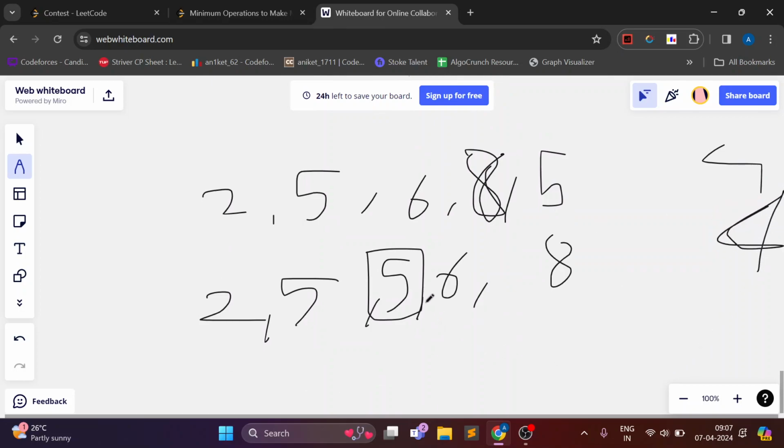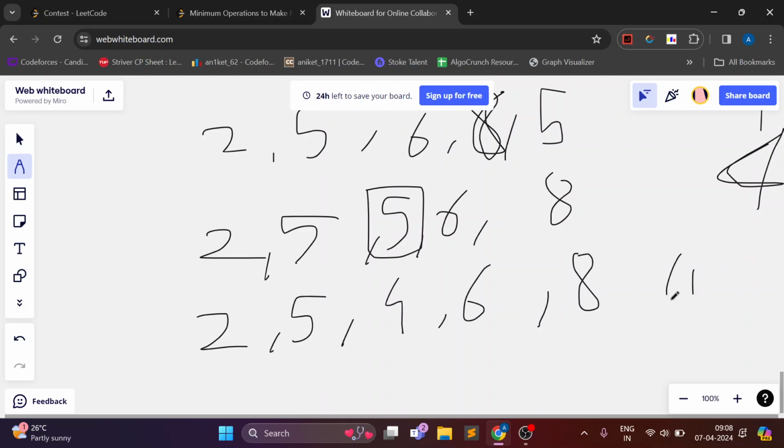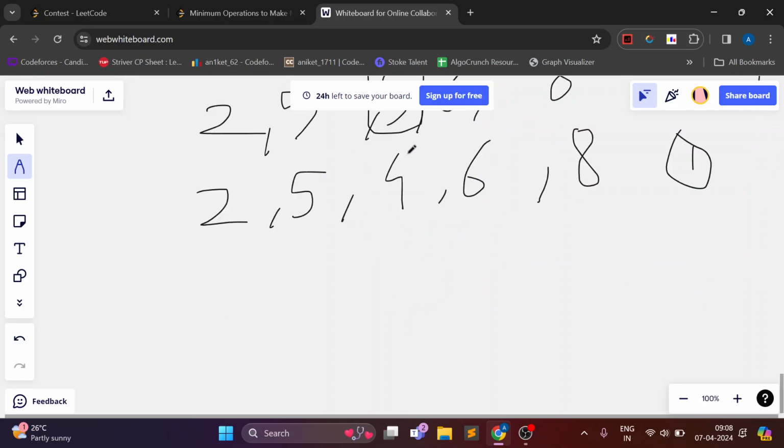So what we can do is increase or decrease an element. Now if the median is greater, there is no point increasing it, so we have to decrease this and make it equal to k. So let's decrease the 5 and make 5 to 4. So the cost of the operation here is 1. Now the median is not 4, now the median is 5, because when you sort the array,